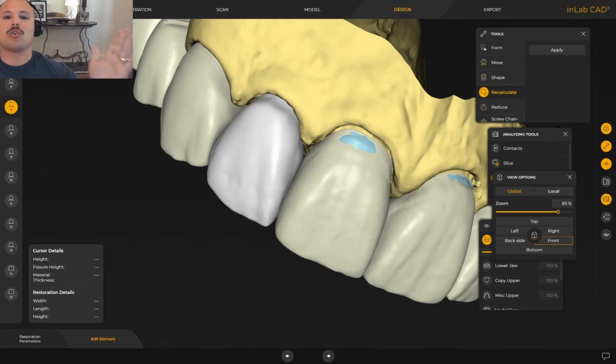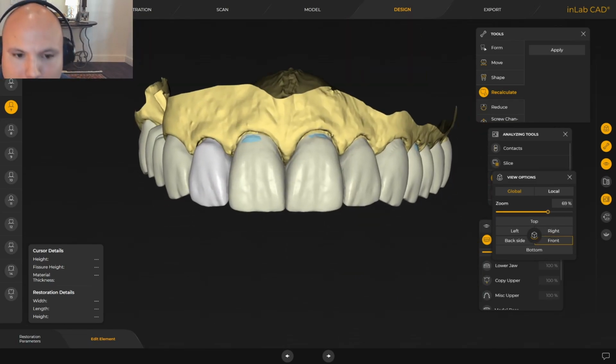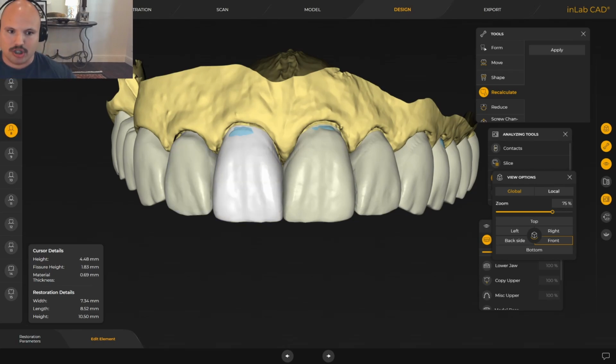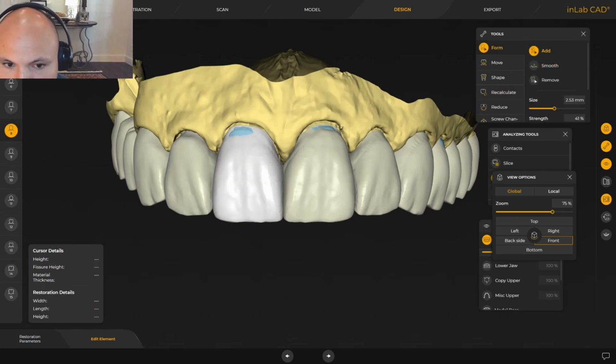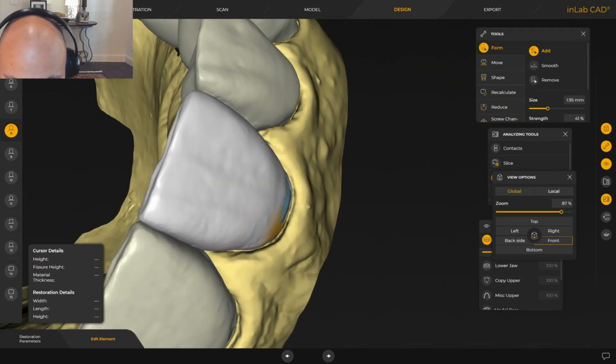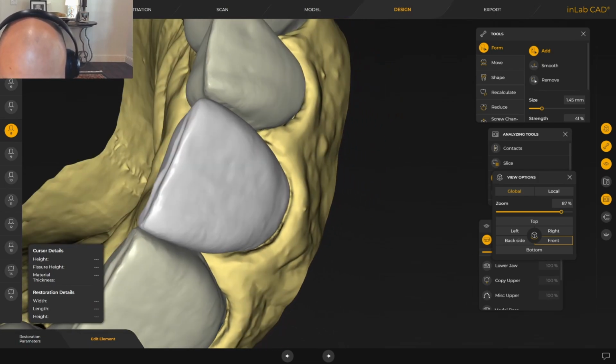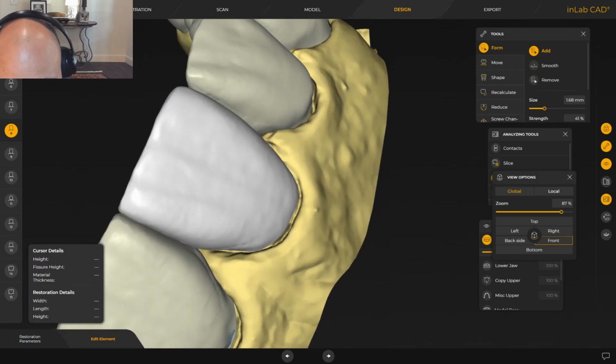And just like that, folks, hope you got something out of this video. That's how I address interproximal contact areas when I'm using the biocopy method. As far as the emergence profile, not much you can do about that for your proposal. There's really no tricks there. All we're going to do is take this add form tool. We're going to fill in the concavities here at the margin, which they typically are concavities. And once we fill that in,